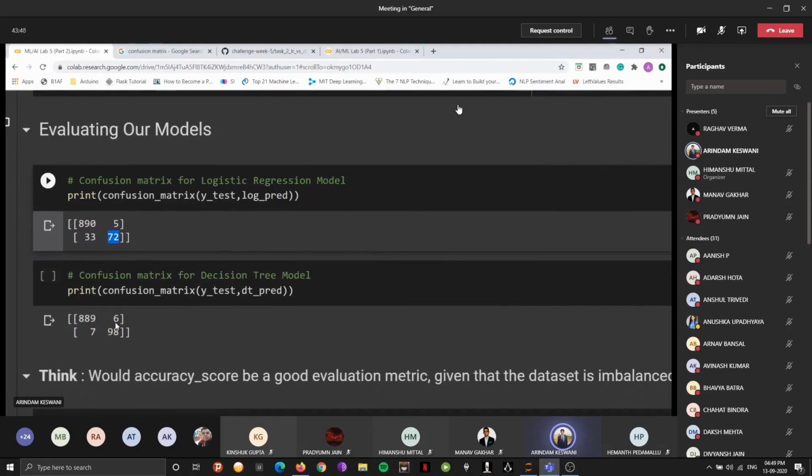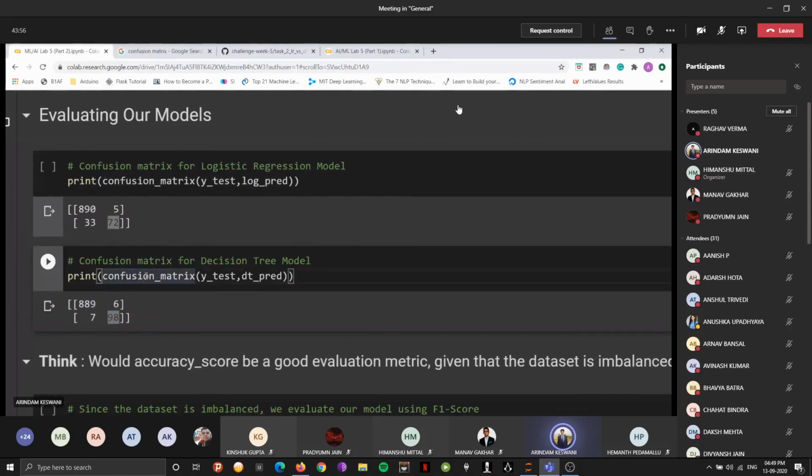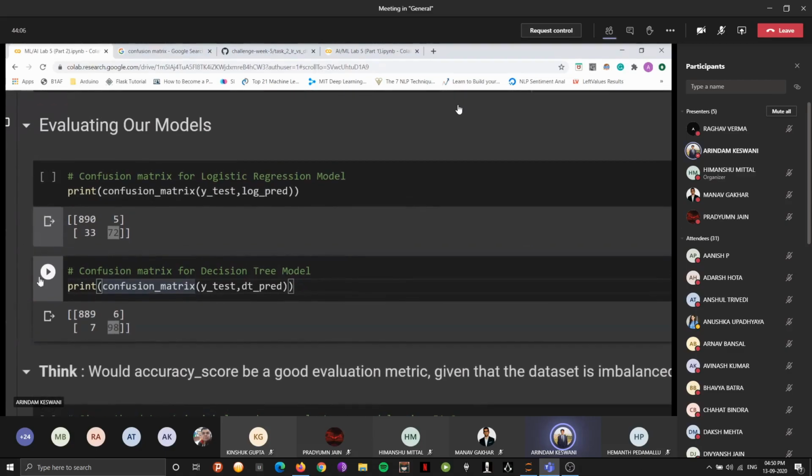Similarly, in decision tree, we have predicted 889 and 98 values respectively for our true positive and true negative values. What does it show us now? For a primary analysis, I can simply say that the accuracy of our decision tree model is much higher, because we are obviously predicting many more correct values as compared to the logistic regression model. Pretty simple, right?